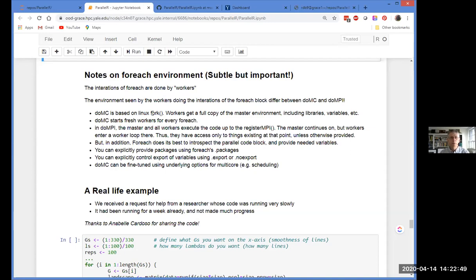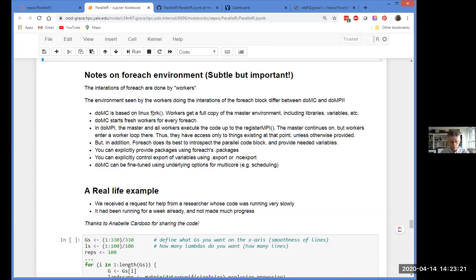Sorry, that's a typo. So they're kind of duplicating efforts up to the point where you hit that registerDoMPI. And at that point, the workers get stuck and enter an invisible worker loop right there. And they're just going to hang around and wait for foreach tasks to show up. And the master continues on and executes all the following code, including the foreaches and everything else.